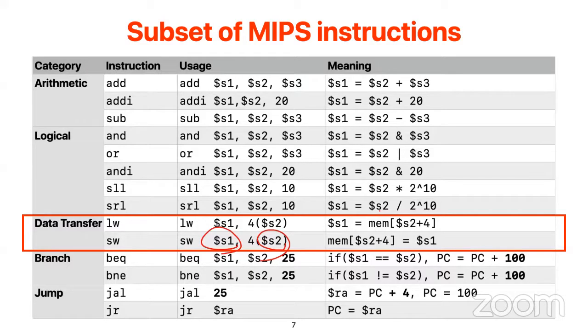The S1 is the value you want to store into a memory address. And S2 is like a pointer, to help you calculate the effective address. So you are not storing into S2. S2 is just a pointer. So you are storing to where S2 is pointing to. So that's why S1, S2,